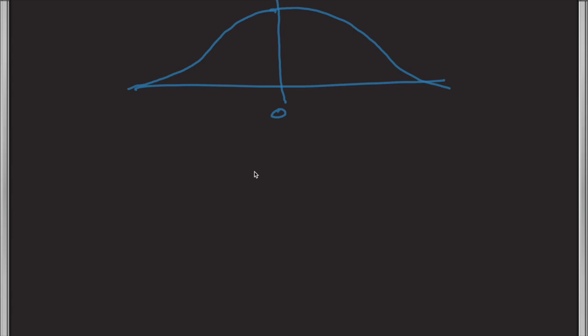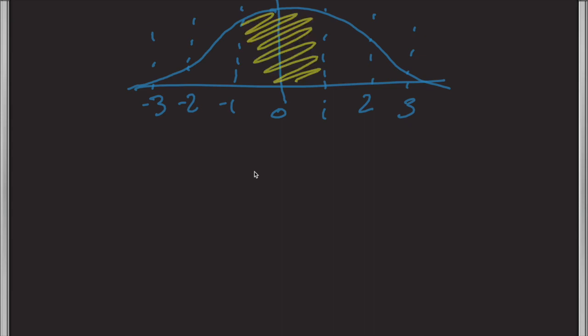We know that our standard normal curve is a curve that has a mean of 0, it's also very symmetrical, and most of the data within this standard curve falls between 1, 2, and 3 standard deviations from the mean. We know that within 1 standard deviation from the mean, so this area right here, would encompass about 68%